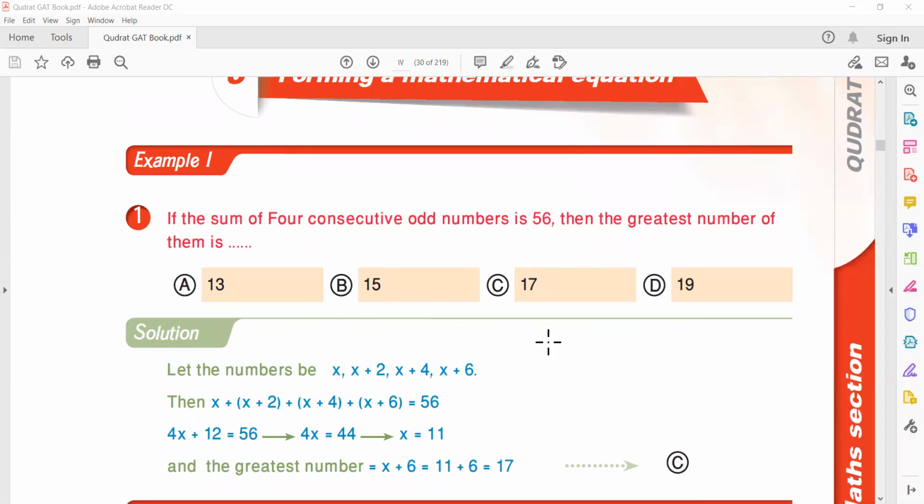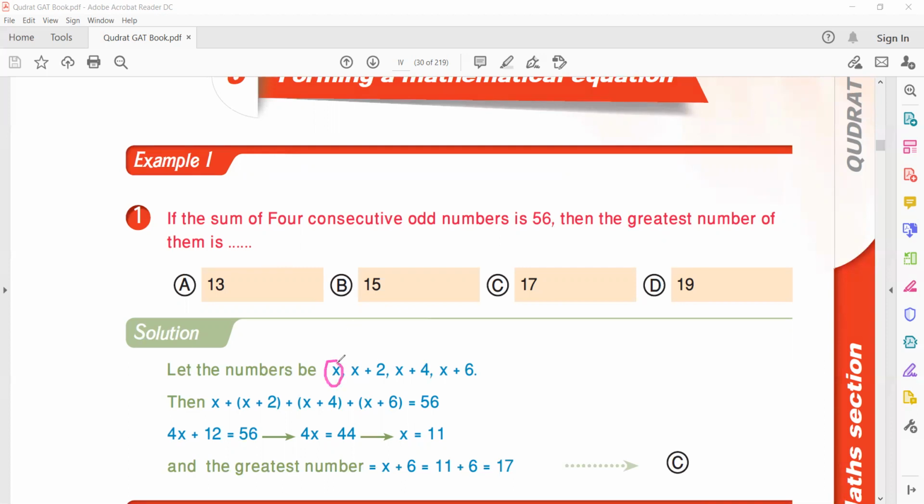We will take this example. If the sum of four consecutive odd numbers is 56, then the greatest number of them is what? He said the sum of four consecutive odd numbers. What is the meaning of odd numbers? So we suppose the first number is